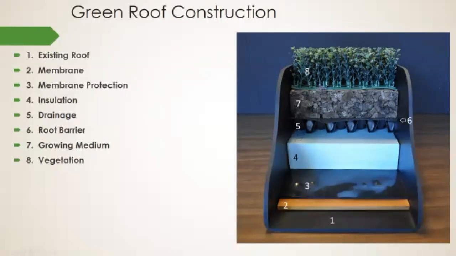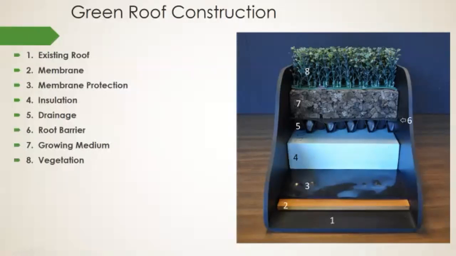Above the drainage tray here, we have a root barrier, and this is a thick landscape fabric, so that the roots aren't growing down into our lower areas and causing issues, where it may even cause problems with the impermeable membrane here. So we want to keep the roots in this area. We don't want them clogging up our drainage tray. Then we have our growing medium, and the SIUC green roof used an extensive green roof medium, a GRM, which you'll hear me use a few times. It was donated from Midwest Trading Company, I believe.